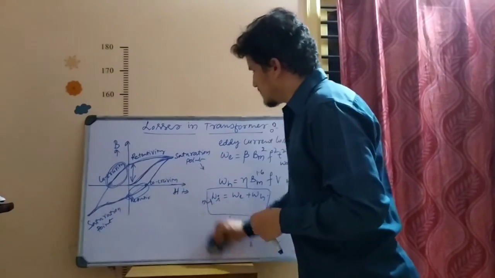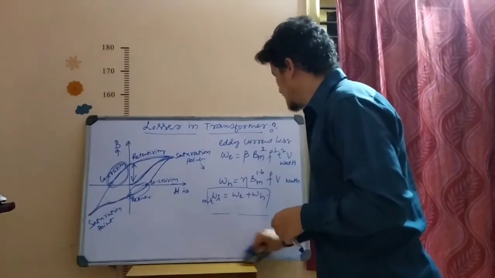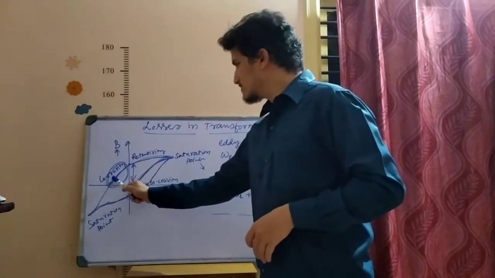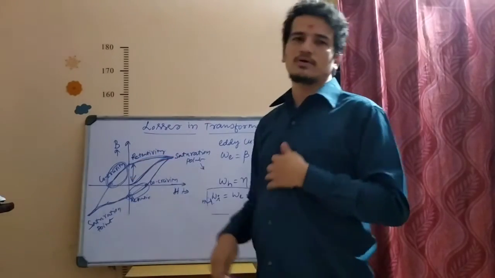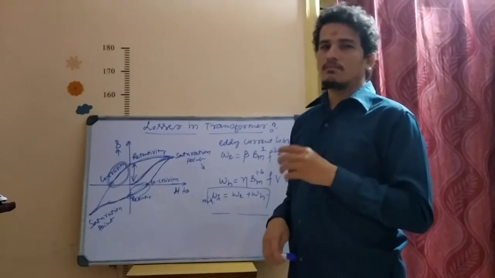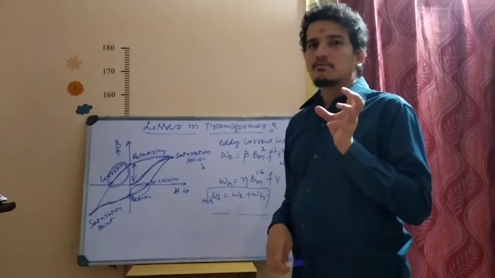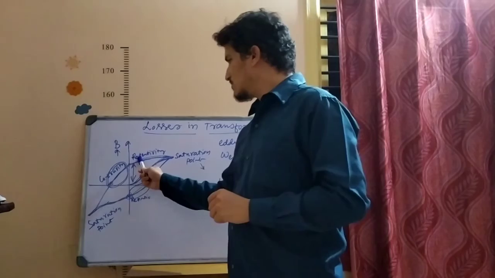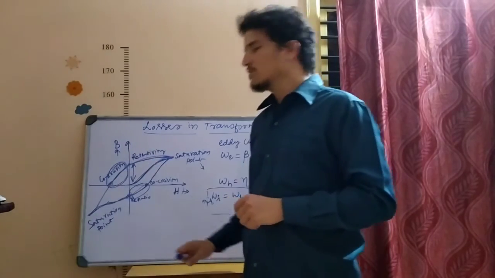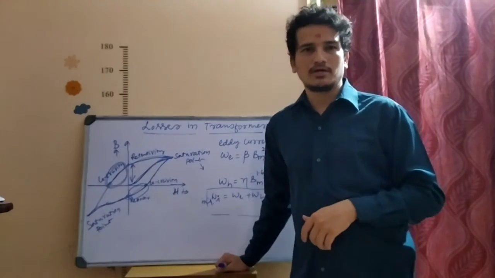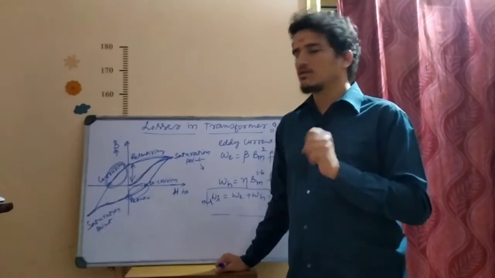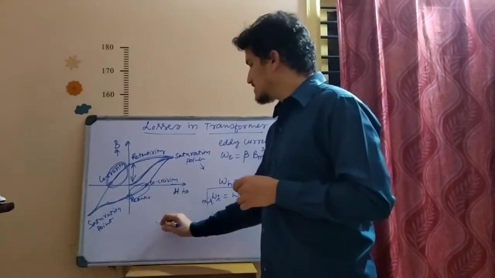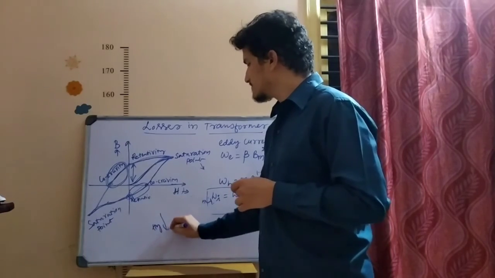What should an electrical engineer or a design engineer think of? Low coercive point and low retention point. While selecting the magnetic material for the core, it should have a low retention point and a low coercive point. Like that you have to design. If you make it as low as possible, hysteresis loss gets reduced.